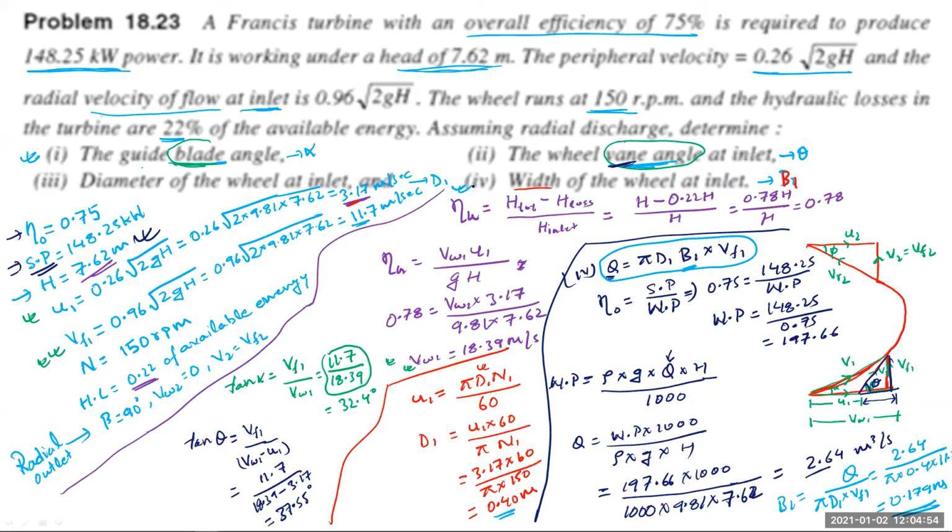So this is how you can go for solving your numericals. Okay, this is related to your Francis turbine. We will see Kaplan now, and after that we will see one important topic, the governing mechanism of turbines, specifically in your syllabus, your Pelton wheel, and then one more there. So these three topics are still there.